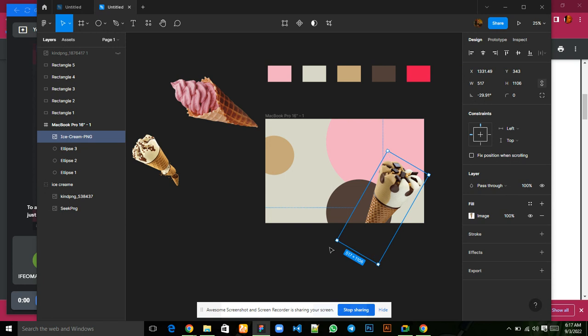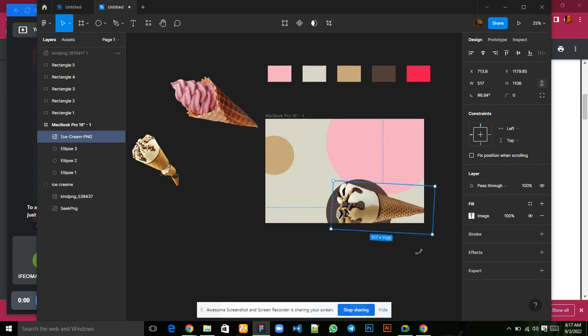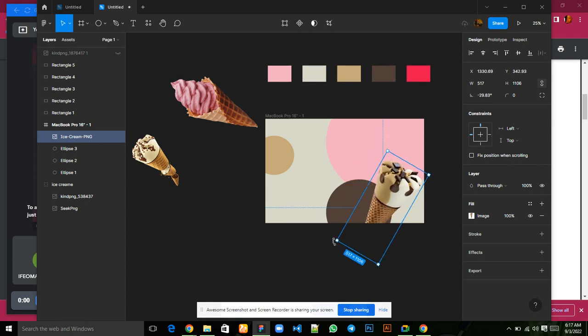So to rotate your image or your object, you can come to the down part of that particular object, and you see this highlighting. You see this curved cursor coming out. When the curved cursor comes out, you hold and drag. Or better still, you come to this panel here. You can change it. Let's say you want